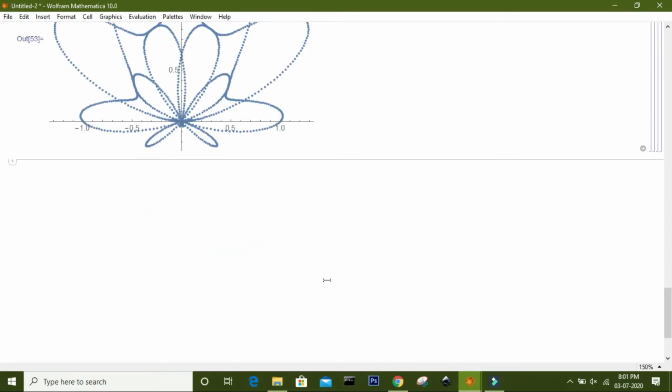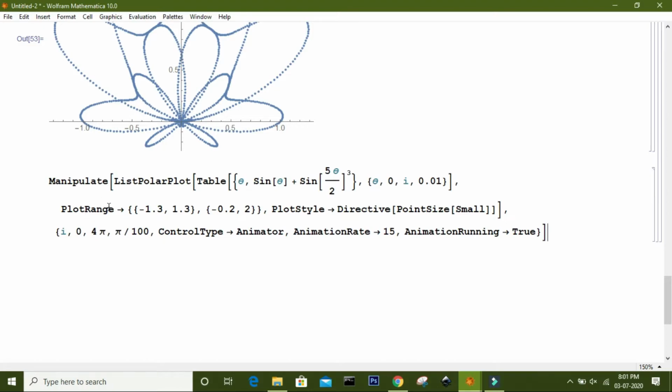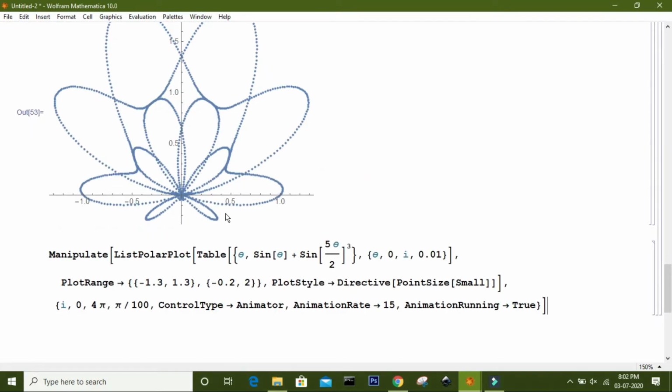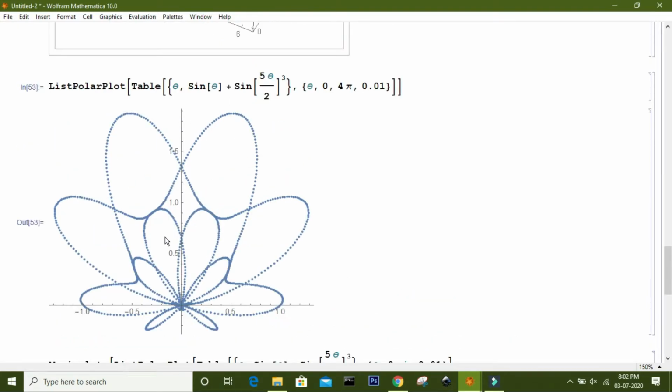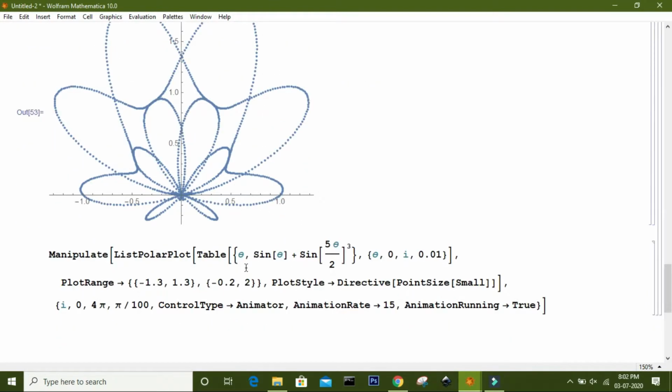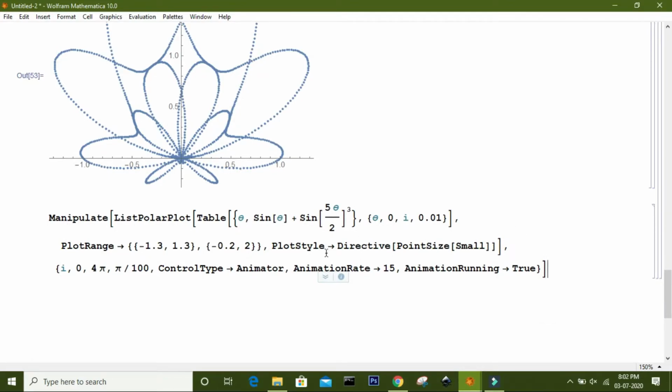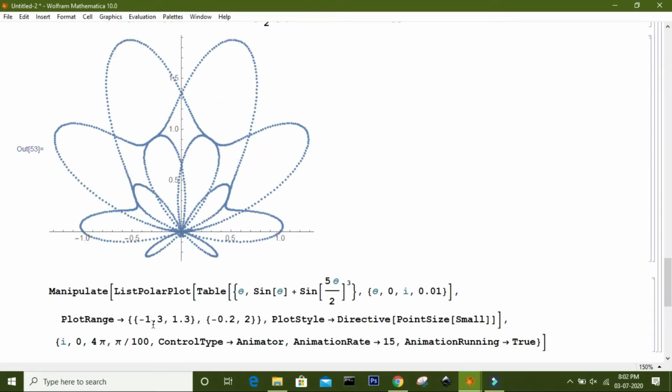Then I can use this Manipulate function in this form. So this is my plot, the sine theta plus sine 5 theta by 2 whole cube. Okay, now I specify the plot range for x as -1.3 to 1.3, and for y as -0.2 to 2, because I can see from this plot that the plot is bounded in this range, and I set the point size using this PlotStyle command to be small, and I want to plot one point at a time.